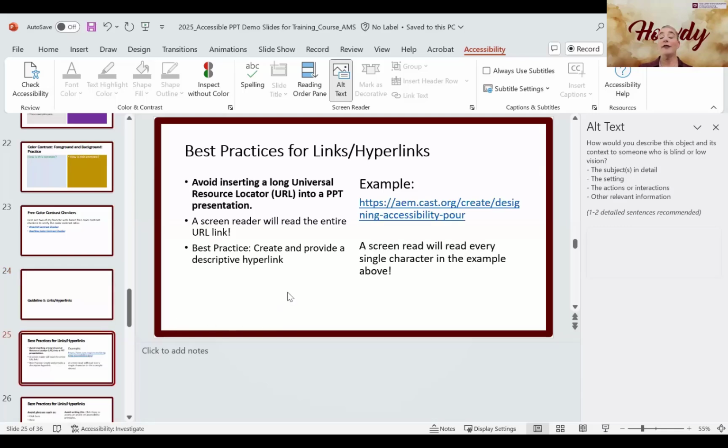All right, so best practice for links and hyperlinks. We want to avoid inserting the long URL because the screen reader is going to read every single character in the example above. If I'm going to give the presentation printed, I may do the longer URL, but I'd shorten it with something like bit.ly. But if they're going to access it in a PDF and they need to know where to go to find the information, then you have to create a descriptive